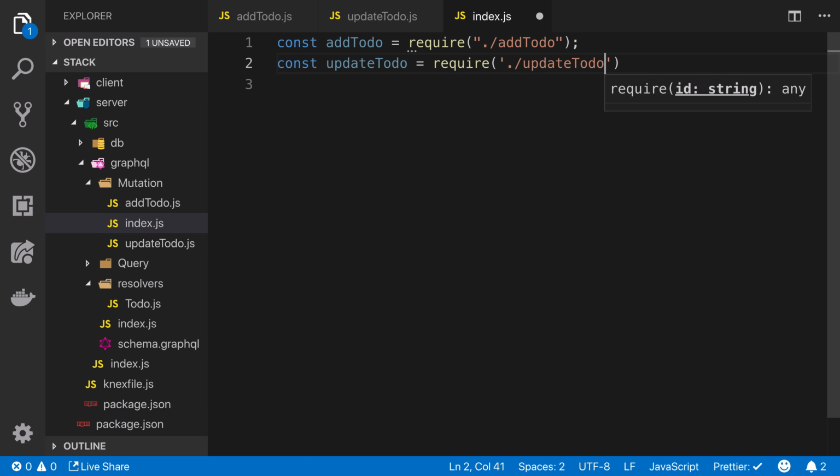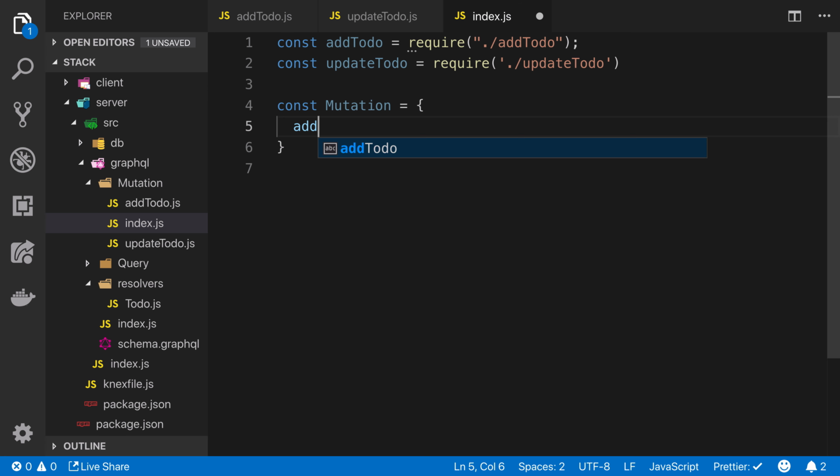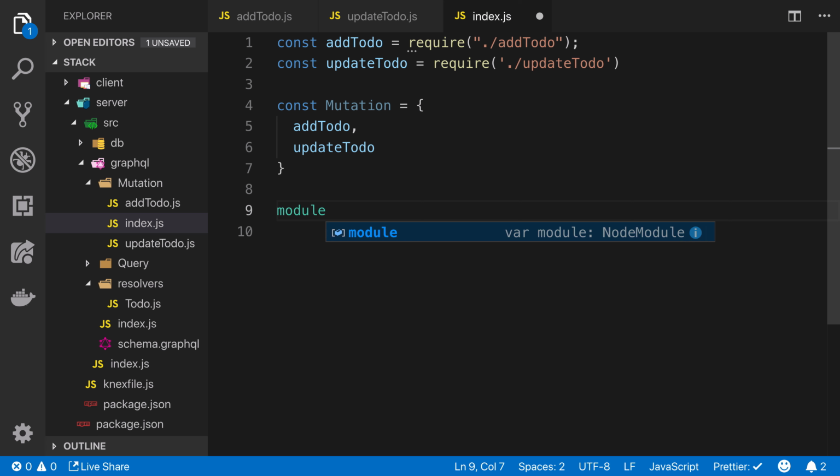See, this time I spelled it right. And then my mutations object has add to do, update to do. I know there's better ways to lay out, or shorter ways to lay this out, but I find this to be more readable. Just when things start to get bigger, then splitting it out like this just gets easier to manage. So we've got our mutations,